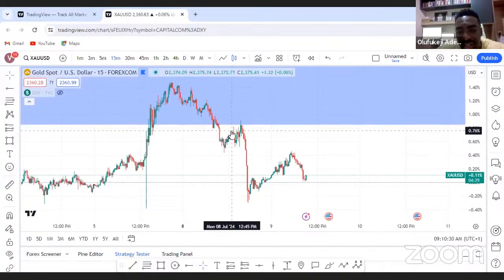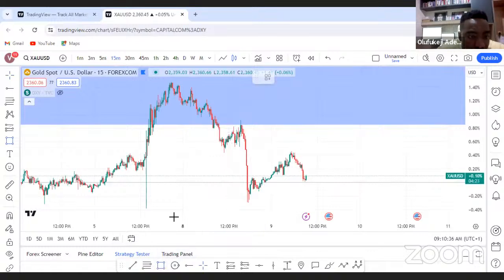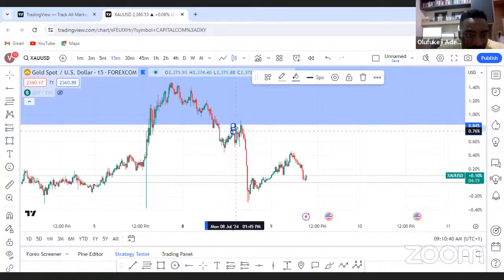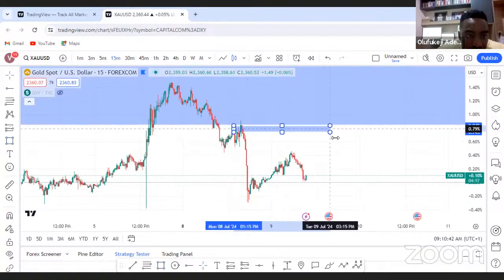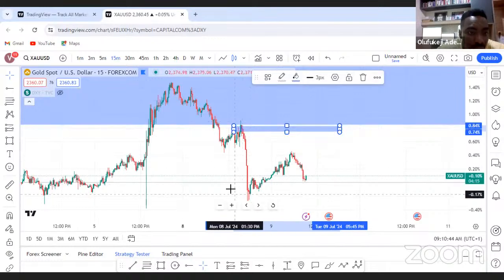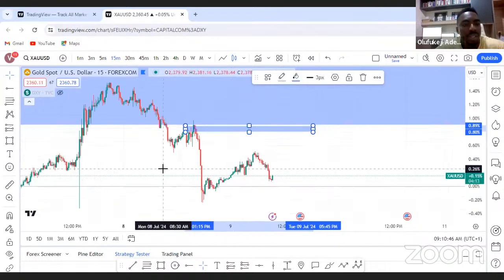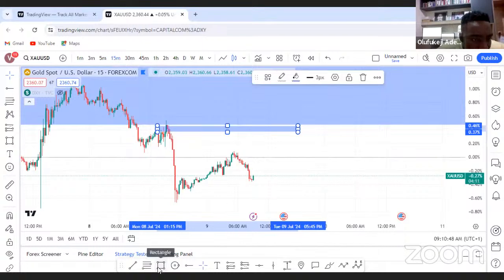If you are not already in a trade in gold, I advise you to leave gold alone. That's the shoulder, that's the sweep there. Shoulder, sweep. Look at the liquidity levels below. Price hasn't gone to grab